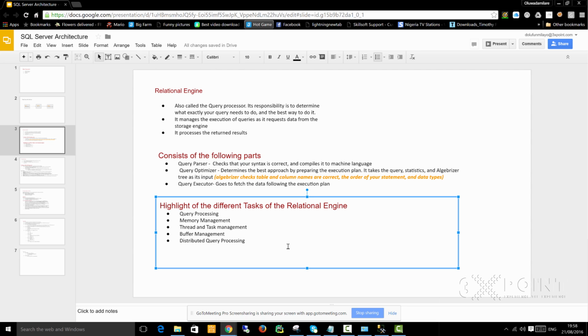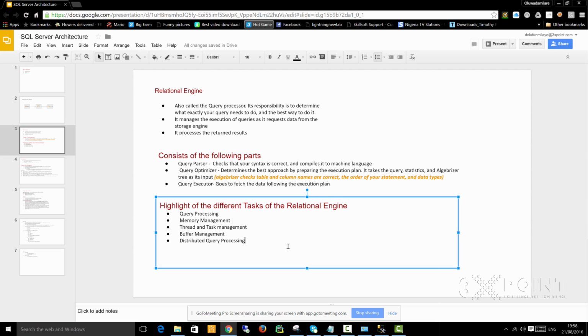Imagine if it was a bank transaction where you're moving money from one account to the other. So this is very important to the consistency of the data. So the relational engine actually manages this such that we don't end up having inconsistent data. So in the middle of this kind of operation, if anything happens, the relational engine is smart enough to roll back the entire data, even though